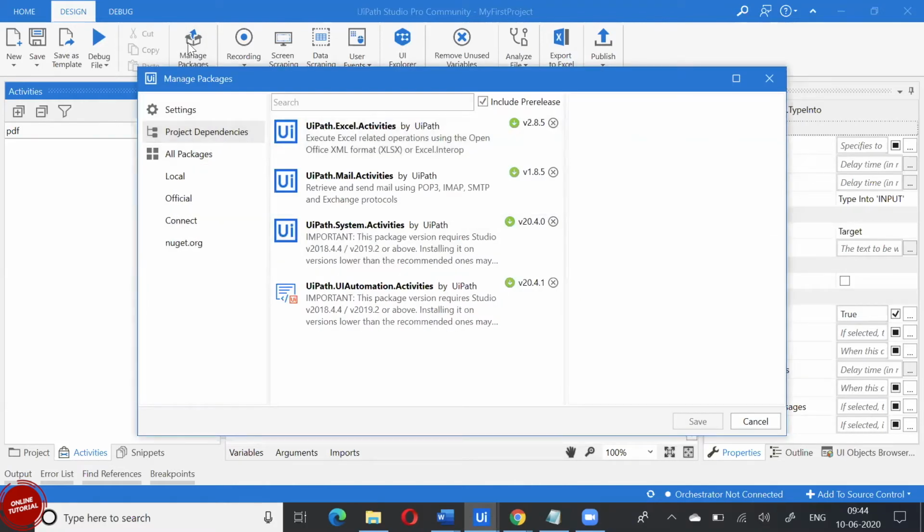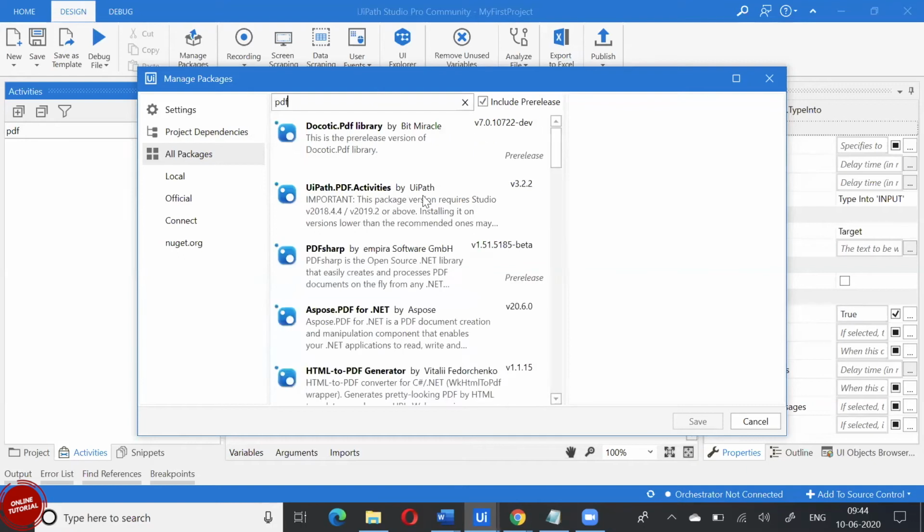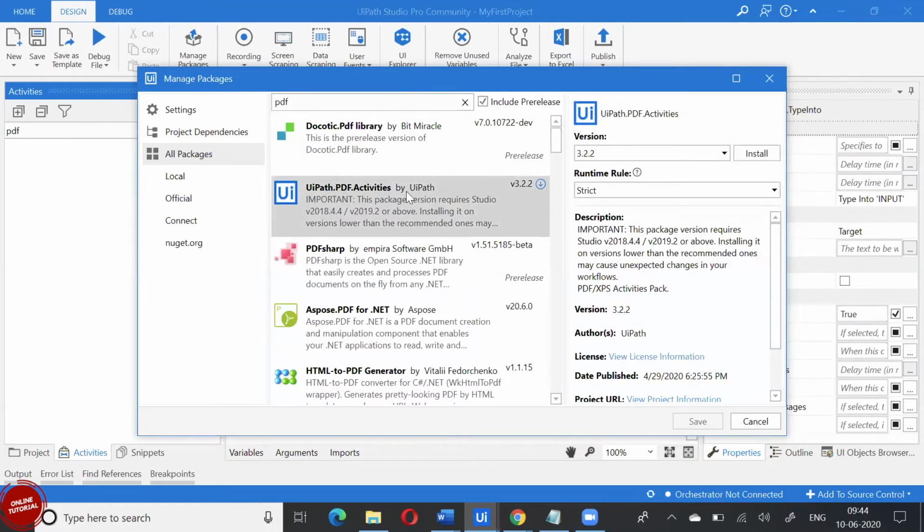These packages are global packages created by UiPath or any developer across the globe. So you can come and search here under All. Our first preference will be to search for UiPath packages because they are the most stable version. It is like if you go to the Play Store or Apple Store, you're downloading a game or an application. Exactly that is what we're doing. We are downloading that particular package to be used for our design purposes.